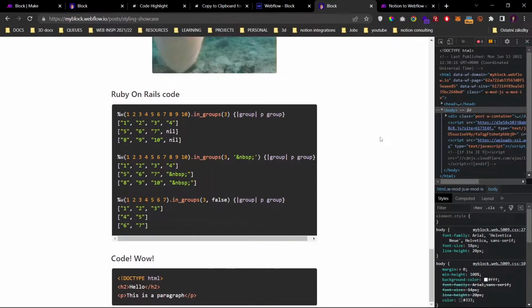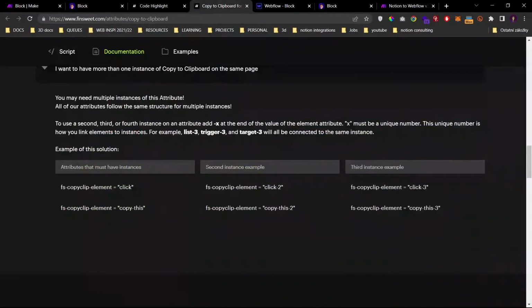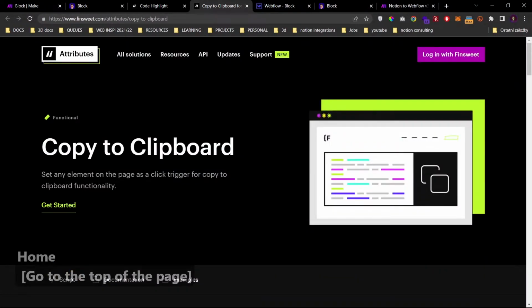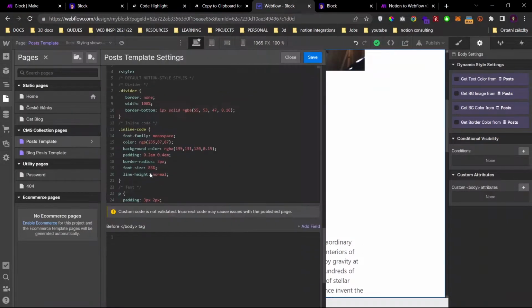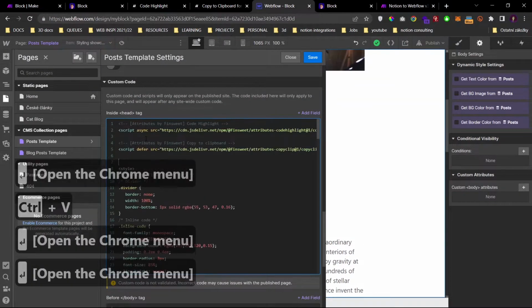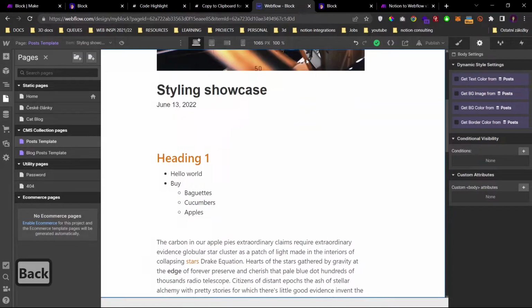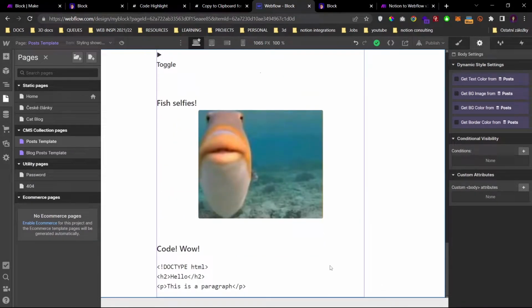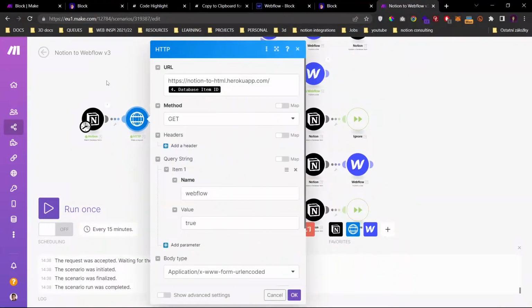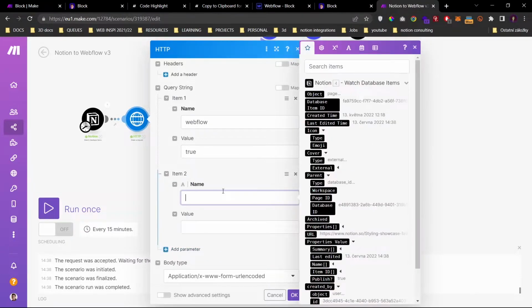The last custom code I want to add is the copy to clipboard by FinSuite, which is another awesome attribute. So let's just copy the clipboard inside the head of our page. Let's get that here. Save. And the last thing I need to do is with each code we need to add in the copy button. And to do that I added a functionality where you just need to add a parameter named copy code button, set it to true,